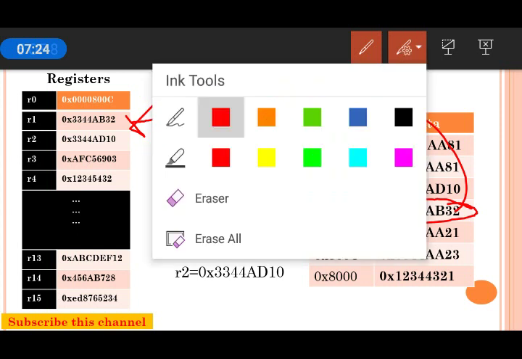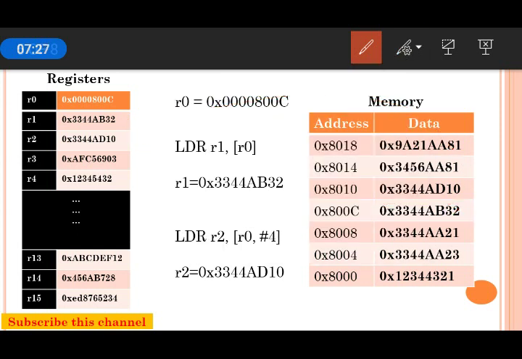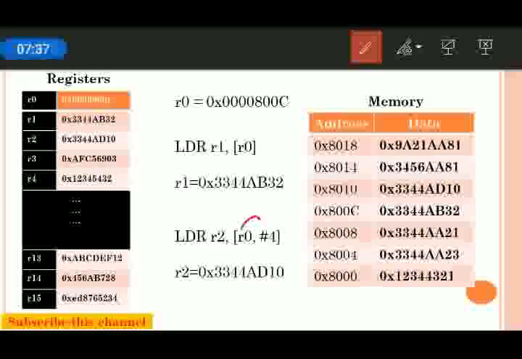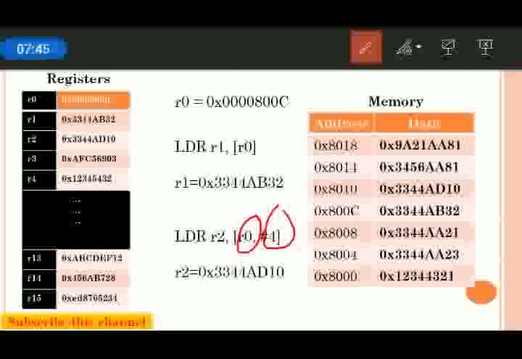Another type of the LDR instruction is given here, that is LDR R2, [R0, #4]. Here R0 is the base address register, which contains the base address of the memory, and #4 is the offset value which has to be added to the base address register content to get the actual memory address.